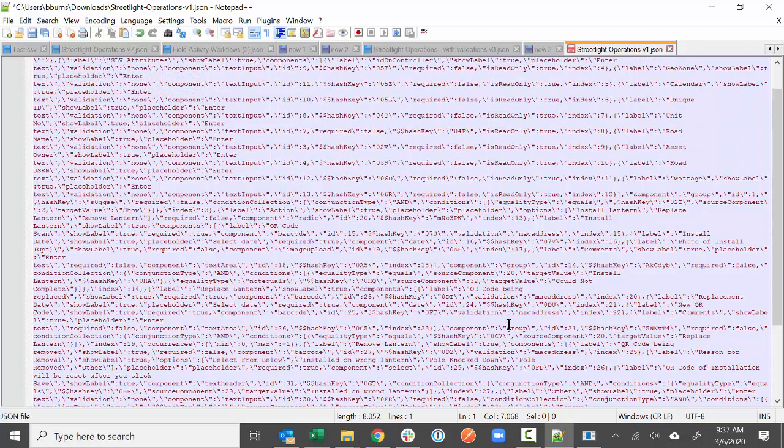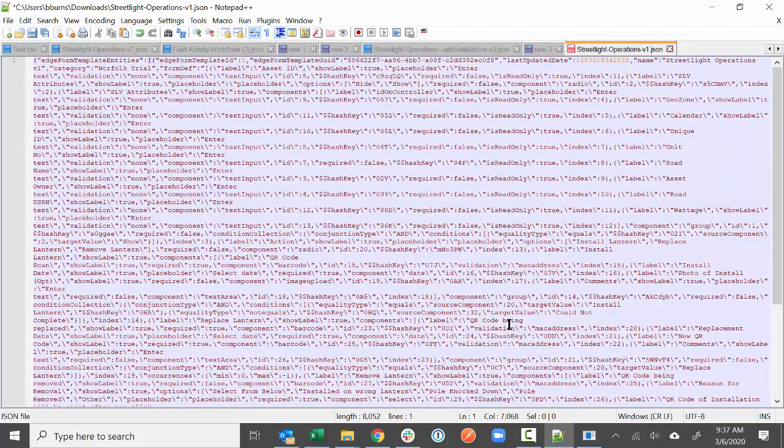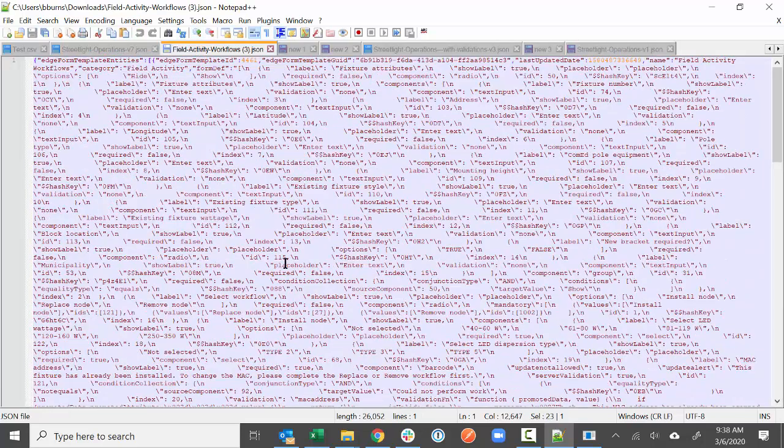Some other things that you can do to the form if you want to set it up this way. If you don't want your install, or I'm sorry, your QR codes to be edited after they've been saved. So basically, after somebody scans a QR code, we can make that QR code read only, which would then force them to use, say, a replacement workflow or removal workflow, which is really what you want them doing anyways. You don't want them deleting previous install data. You want to force them down this path. And so the way that you do that is by embedding an attribute called